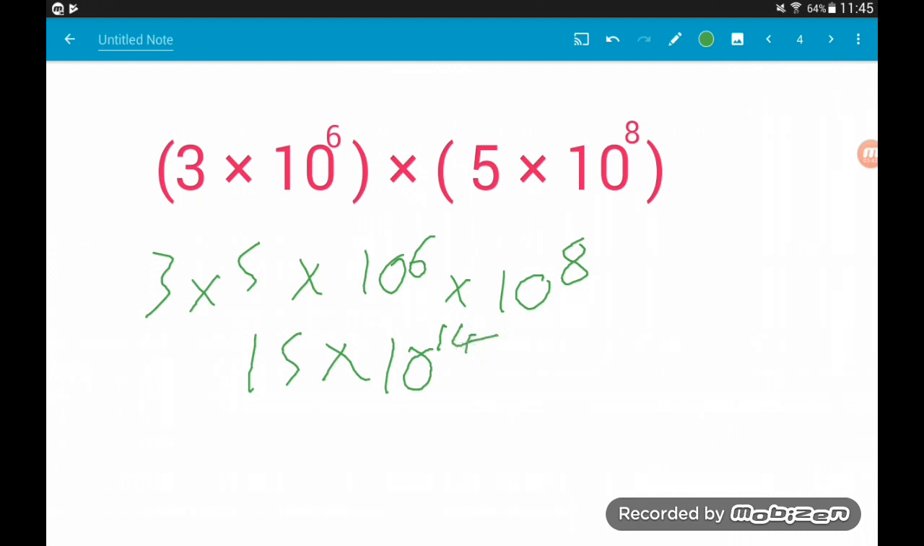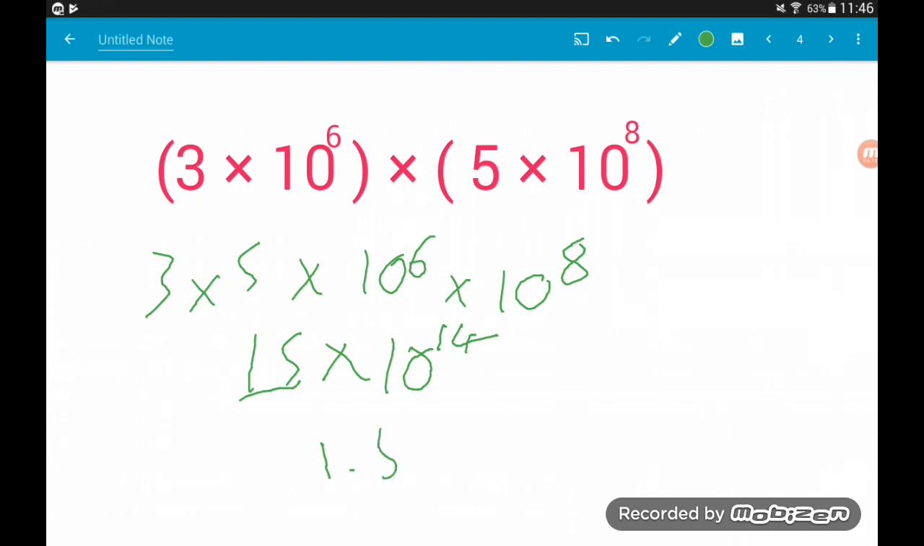Now we might think we've got to our answer, but be very careful. 15 times 10 to the power of 14 is not in standard form. Remember, standard form always has to be a single digit between 1 and 9, with a decimal if it wants, with any amount of digits after it, times 10 to a power. So our problem here is 15. We need that to be